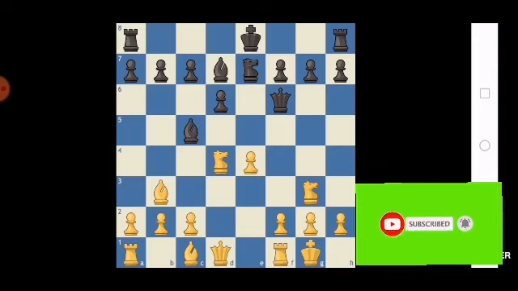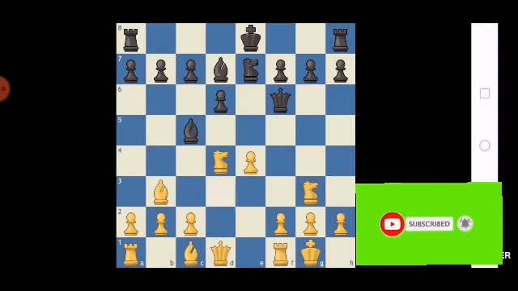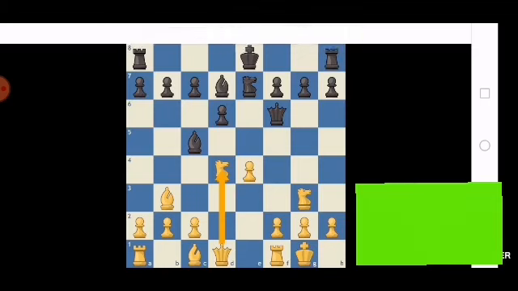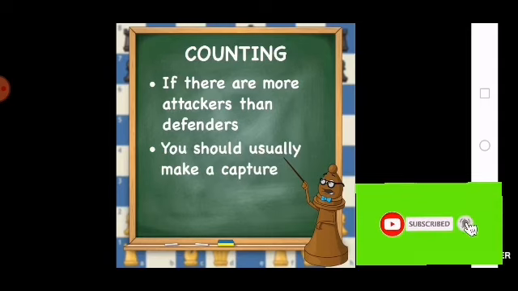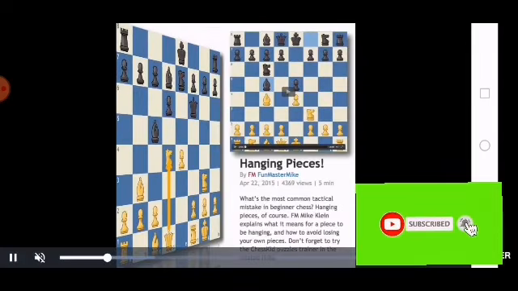How many pieces are aiming at or defending the knight? I only see one, the queen. So if there's 2 attackers and only 1 defender, then 2 against 1 is clearly no good for the white team. So here's the rule in chess. If there's more attackers than defenders, then